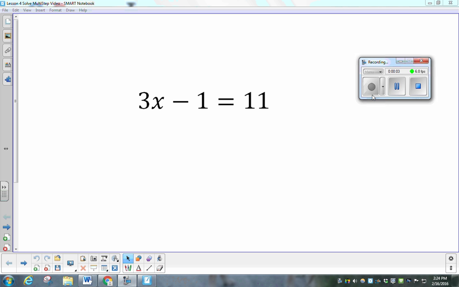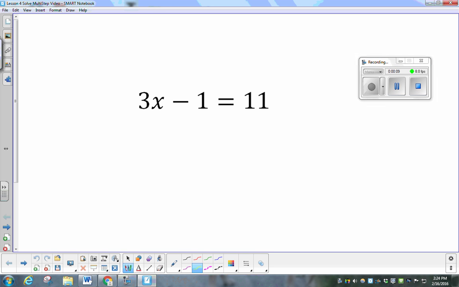Okay, hi guys. I am making a quick video here to remind you how to solve these two-step equations. For all of these, the first thing you want to do is draw a line through your equal sign. We want to make sure we're doing the same thing to each side, so I like to draw that line, and I also like to find my variable. Remember, that variable is the guy who wants to be all by himself. He wants to politely ask everyone to leave his side of the equal sign, so we're going to undo everything